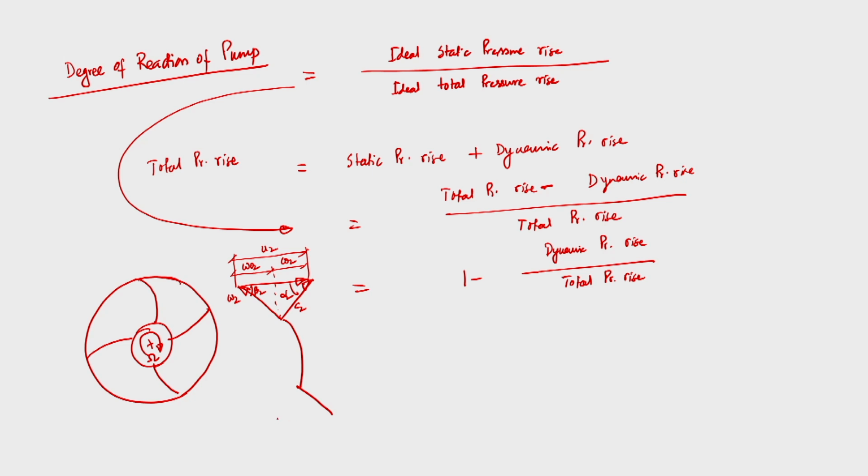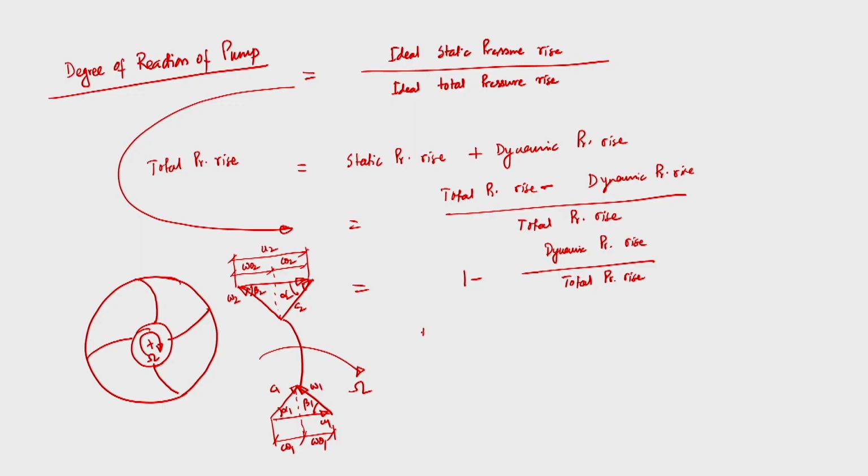Similarly, I can draw the velocity triangles at the inlet: this is C1, this is U1, this is W1, this is beta 1, this is alpha 1, this is C theta 1, this is W theta 1, and it is rotating at an angular velocity omega in the clockwise direction. We all know about the components of velocities, absolute velocity, relative velocity, tangential velocity, and the different flow angles and blade angles.